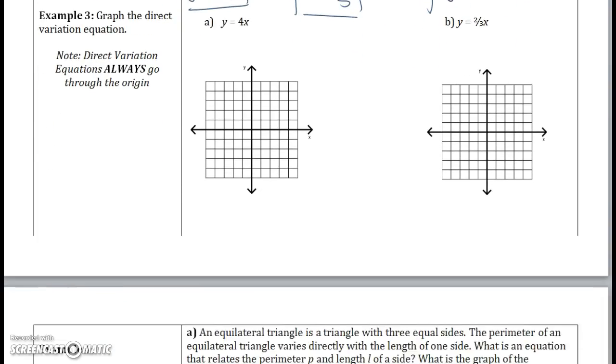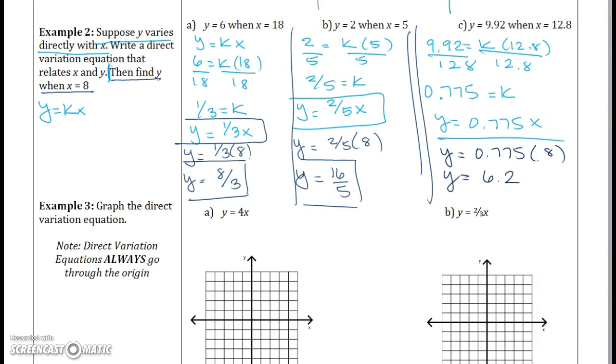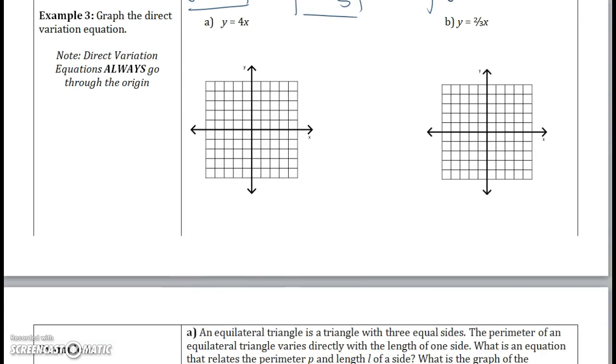Okay, this next part I've taught different ways. If you need to, go ahead, press pause, and then scroll down with me. But this is what I do like. Direct variation, here's a given. So you have a graph, and you're going to pretend like those lines are straight. And no matter what, direct variation equations always, big, bold letters, always go through the origin, which is right here. No matter what line it is,